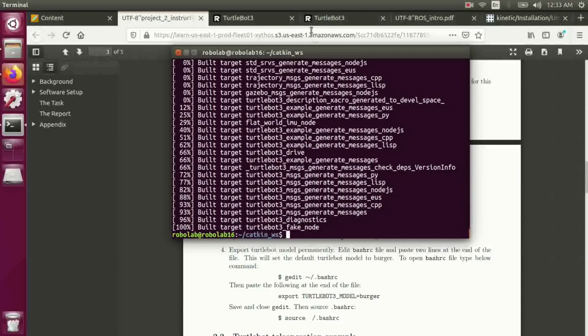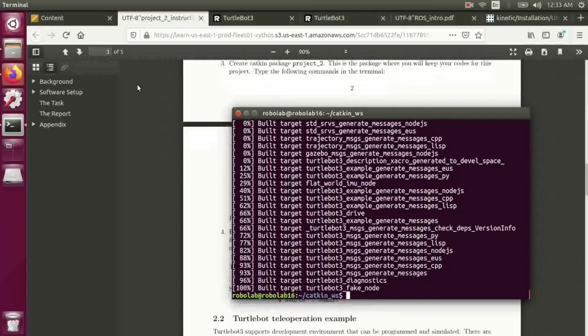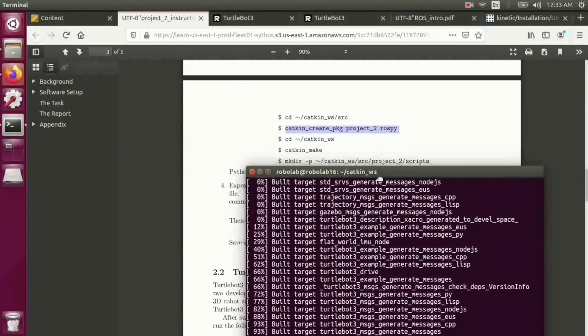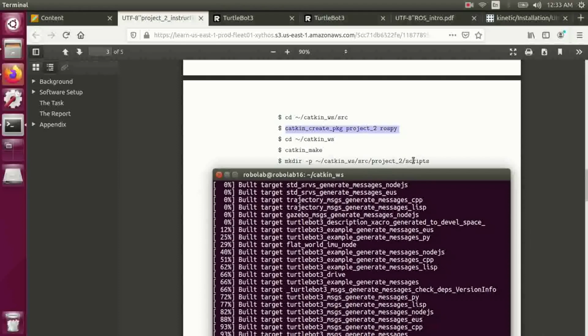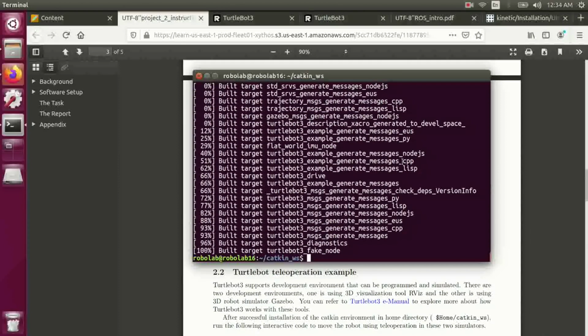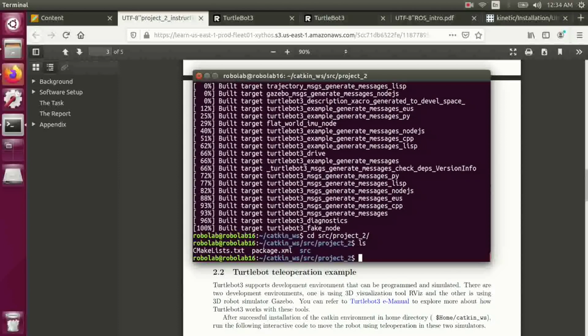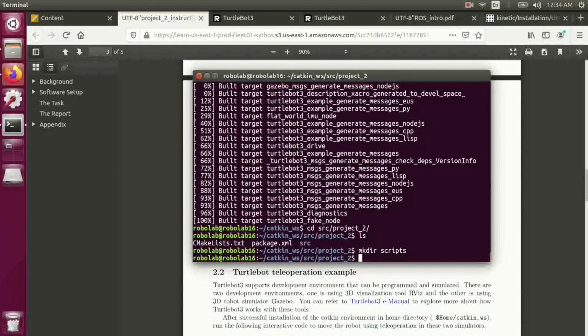So we have successfully created our project2 package in the Catkin workspace, and the last thing we need to create is another subfolder called scripts. So we're going to navigate to src project2 and create a folder called scripts. The reason is all Python related code will be stored in the scripts folder. This is the default